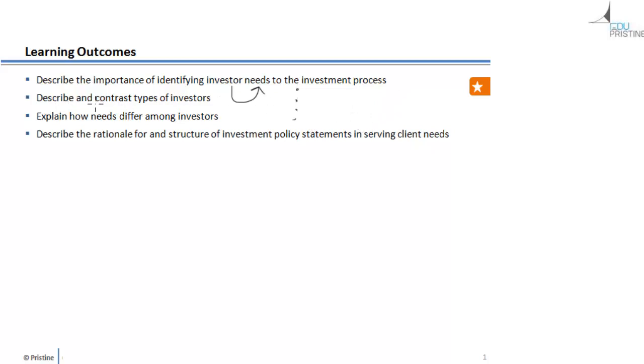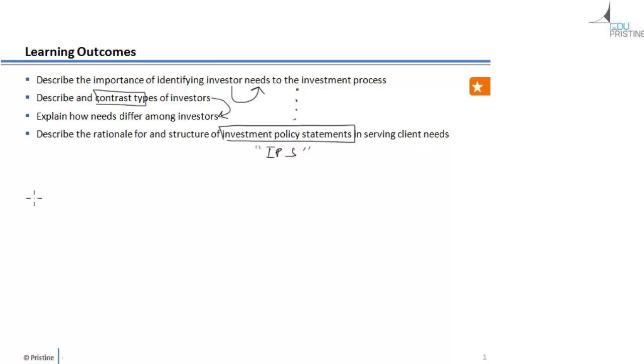While we do this, we are going to make a contrast, or should I say make a comparison of different types of investors, and we will also discuss the need of giving out a suitable investment product to each of these. Then we are also going to talk about what is investment policy statement, which is really the charter of the document, the rules, the regulations between the fund manager and the investor. So it's also one of the very critical areas to understand.